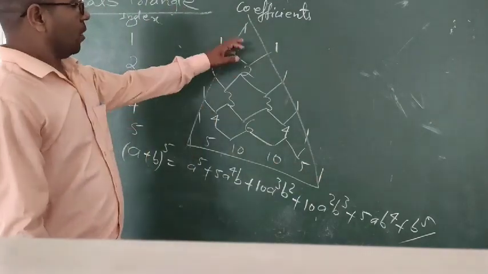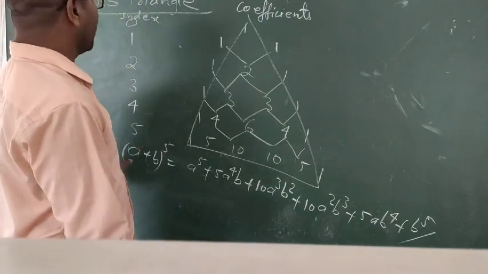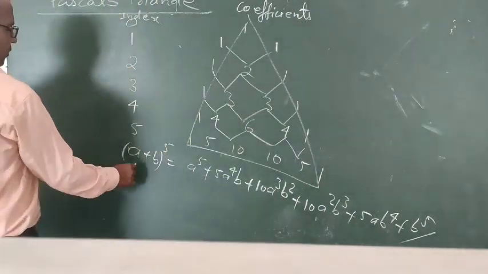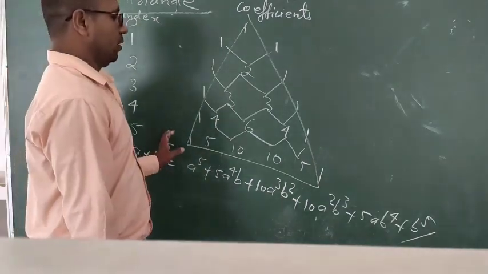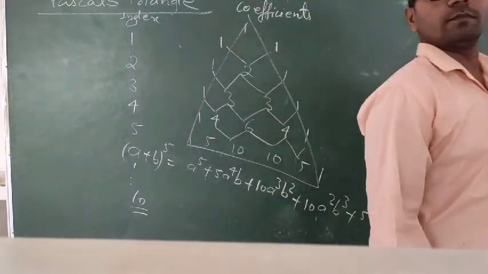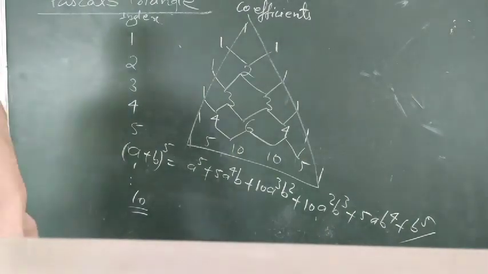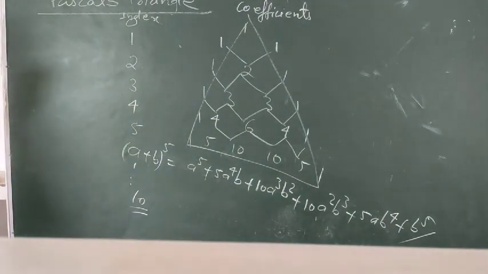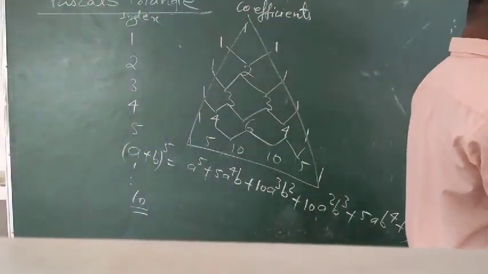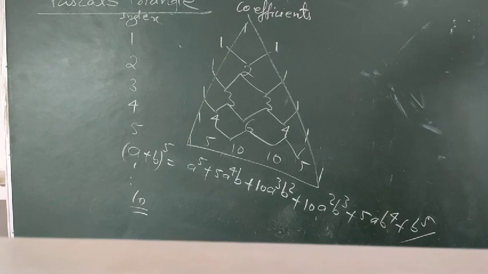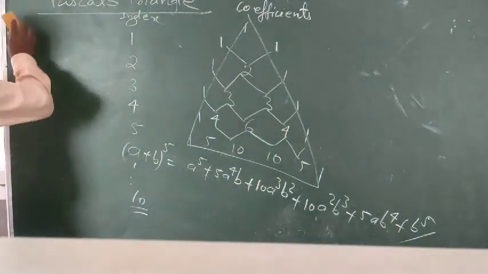This one is in the form of a triangle. So from this triangle we have taken. Yes, students, it has a drawback also. If I am asking here a plus b whole to the power 10, index is 10, so the middle term is not here, so Pascal triangle will be painful here. It has some limitations. So now we will discuss the binomial theorem for the positive integral index.